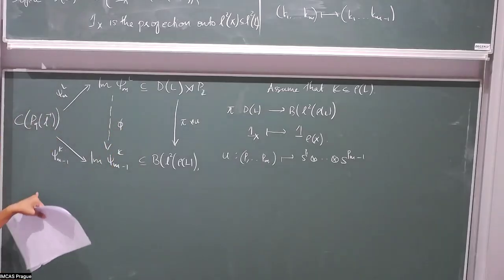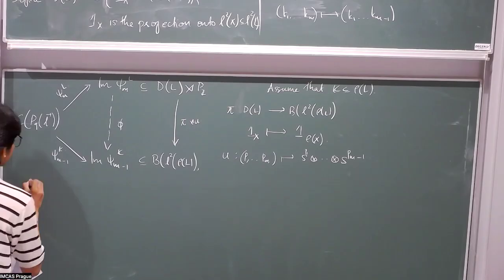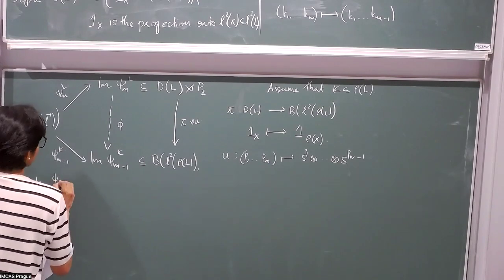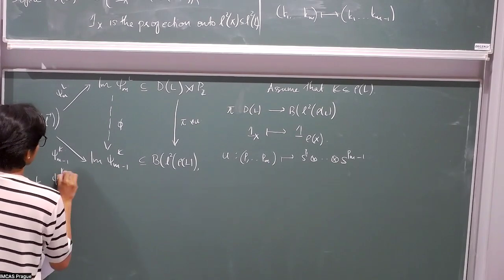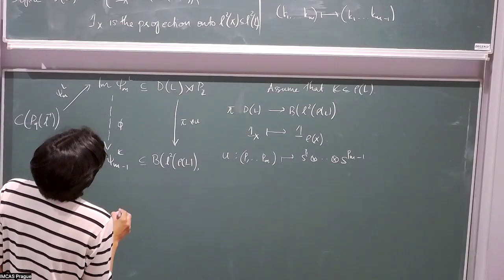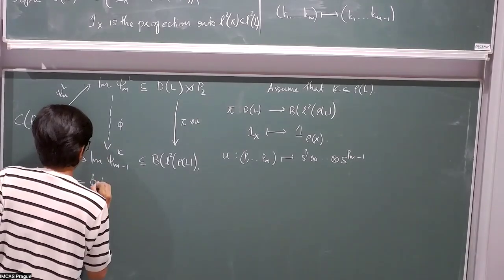And this is the map I need for the image, and such that psi m minus 1 K is equal to